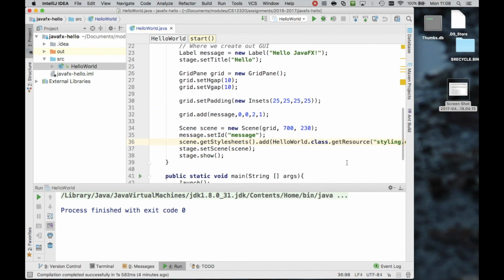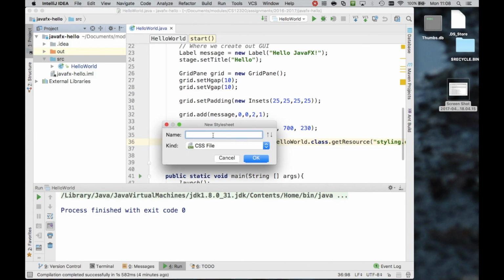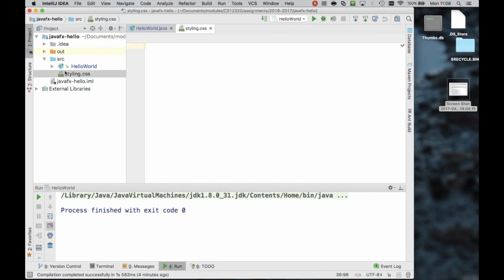Okay, so we need to create the CSS file under source, so we can do that. So new, there's a style sheet there we can use on IntelliJ. Yeah, so we're going to call this styling. Okay, so there it is. Type this in,